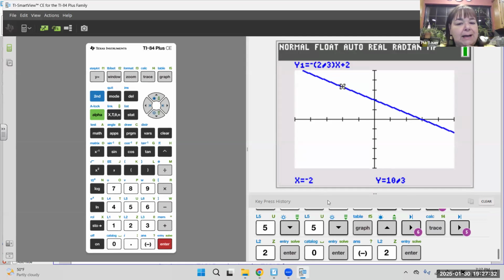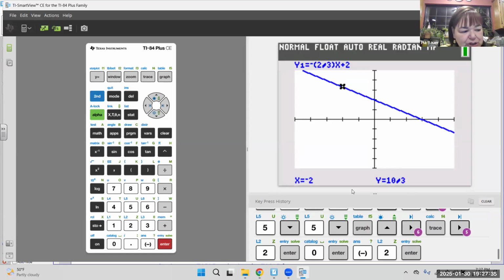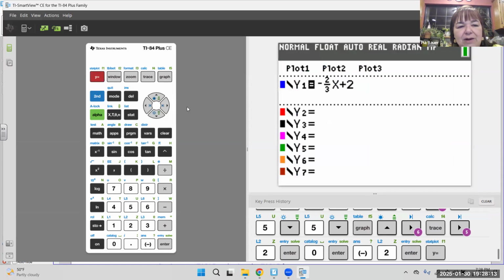Now, so now I'm going to show you the table feature of the calculator. And one thing that I want you to realize on the calculator here is that you have the table as the second key for the graph, second function, and you have the table setup as the second key for the window. However, graphing and a table require an equation. So when you're setting up a table, we always start out here with the y equals,